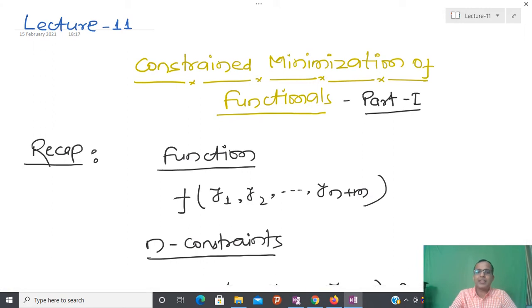In today's lecture, I am going to extend the result we have learned during the previous lecture. In the previous lecture, we talked about constrained minimization of functions. In today's lecture, I am going to extend that constrained minimization of functions to functionals. And if you see the control problem, particularly the optimal control problem, then always we have a certain kind of performance measure,